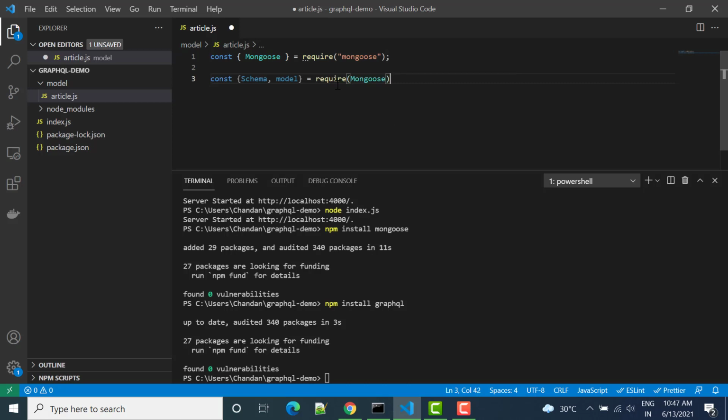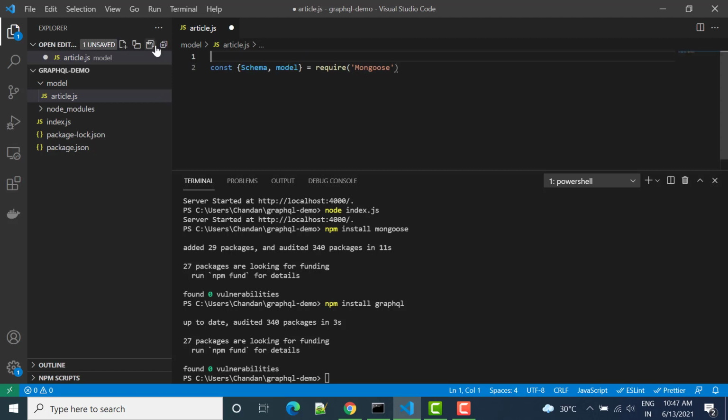So here we require Mongoose, and we can add single quotes here. Both are the same thing. So from Mongoose we are using Schema and model.